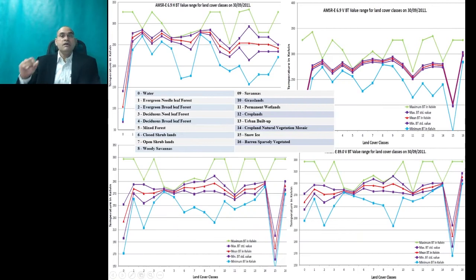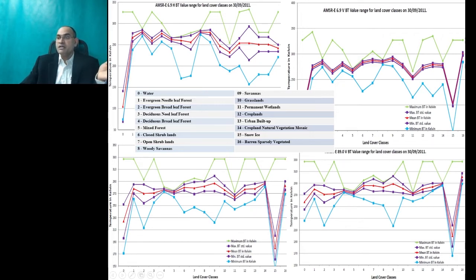MSR have around 5 frequency, and that time I made 17 land use land cover classes and identified the actual physical land surface temperature. You can see if the frequency is low, it is not the actual physical land surface temperature, because water is very cold here and land is warmer. That is not possible. But if you go to high frequency, you can see the greenness